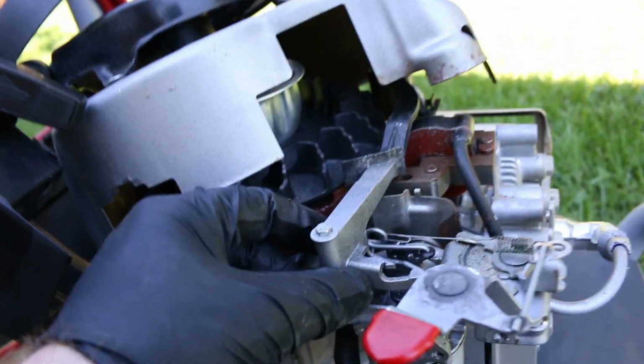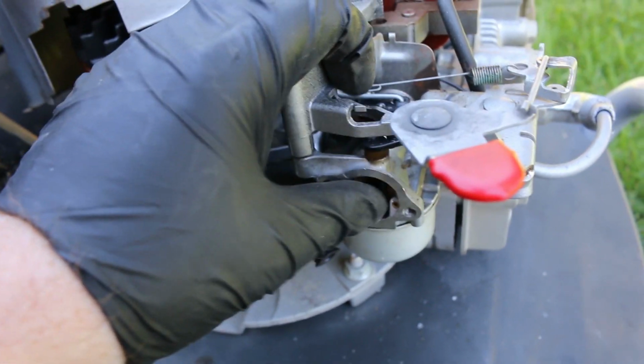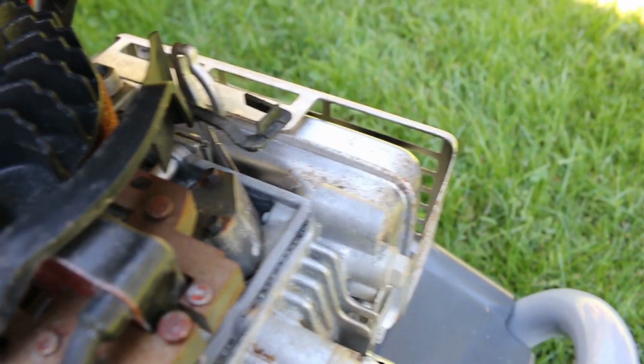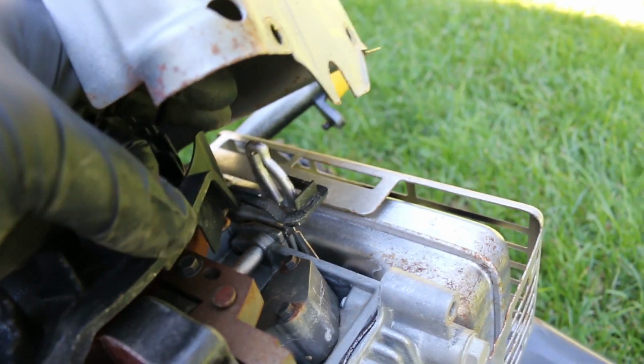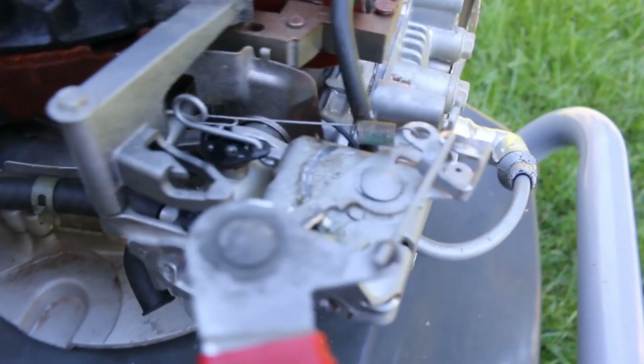Alrighty, so I put everything back together, no change. But what I noticed here, I should have noticed this before, you guys were probably screaming at the screen, is that our choke, which I've positively identified as the choke plate, was floating. So I went ahead and pulled the recoil off, and it's only a handful of bolts, to see why that was floating. And sure enough, here's where it's supposed to be hooked, on this spring-loaded governor for the start position, and this thing is just bouncing off the side of it. So that should be inside that loop by my assumption, and that will hold this choke in the closed position